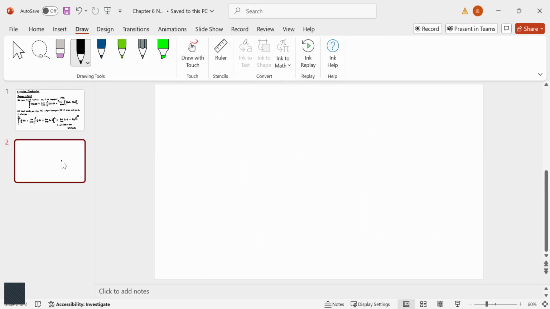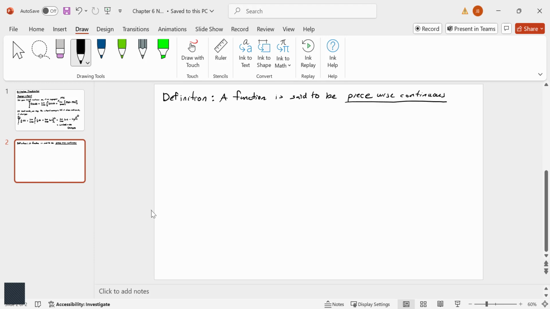So now we got to define a special type of function that's going to be very common in the realm of Laplace transformation, and that's going to be a piecewise continuous function. So a function is said to be piecewise continuous. Now, this definition is going to be a little bit weird, but just take it piece by piece. So it's piecewise continuous on AB